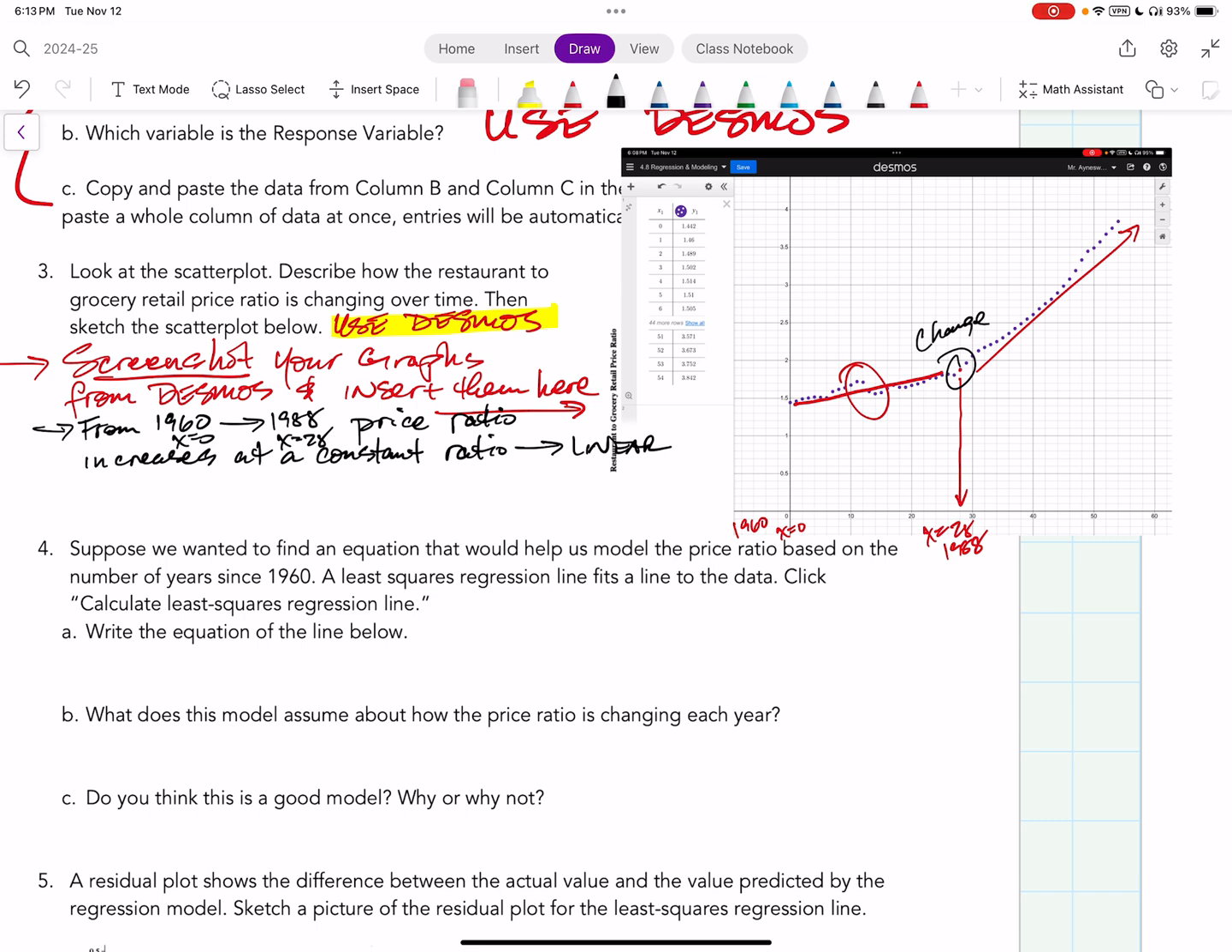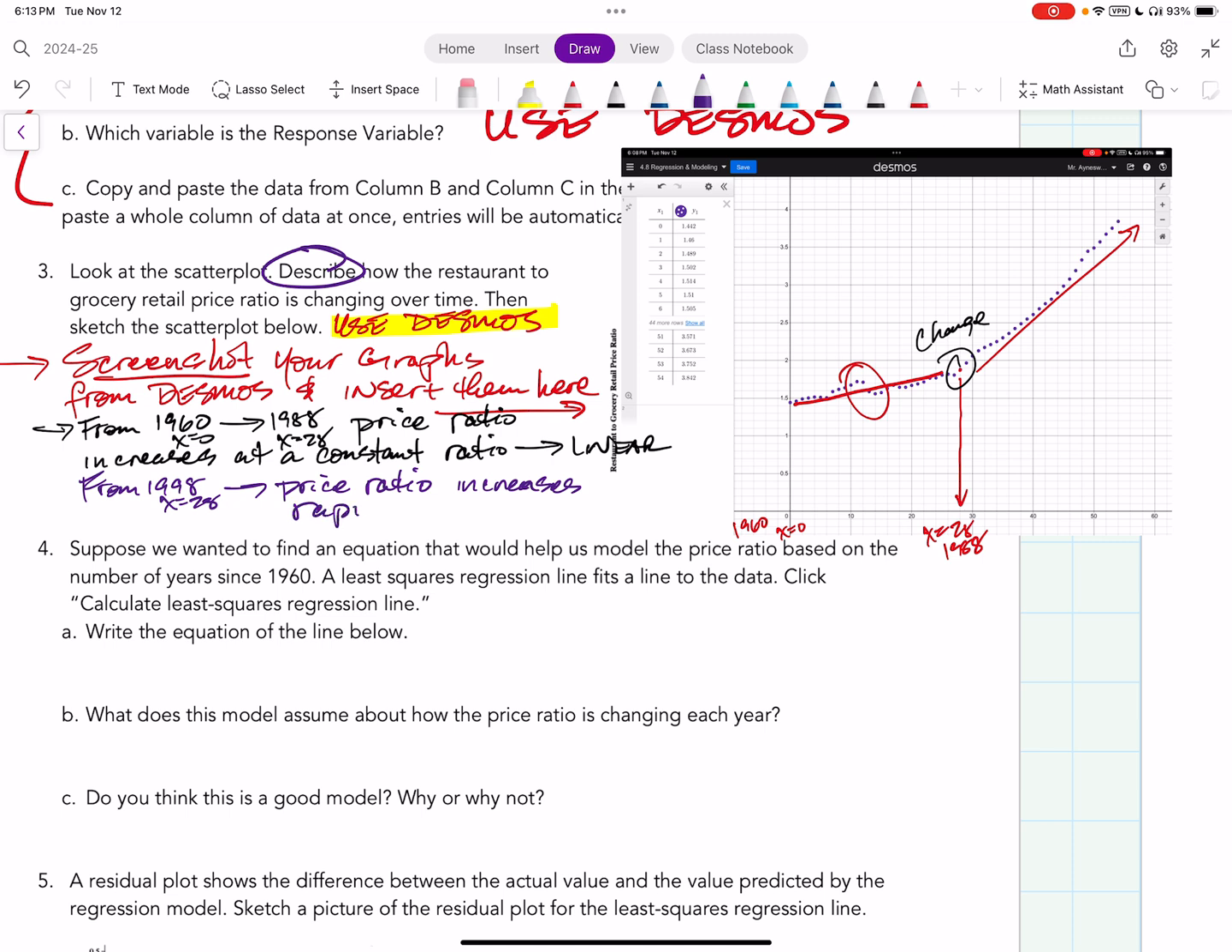Okay, and then from 1998 onward, so this is the second part. So from 1998, which is at x equals 28, okay, the price ratio increases rapidly. So price ratio, and again, it asks you to respond, right? It says describe. So I'm trying to describe for you guys. Increases, oops, got to spell that right. So increases